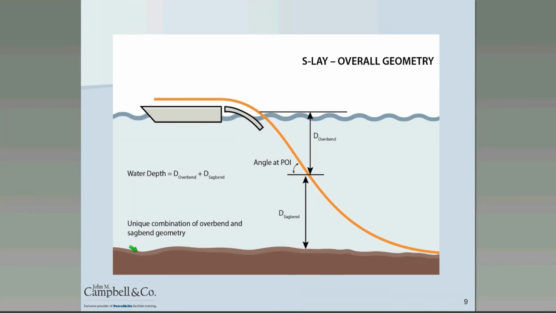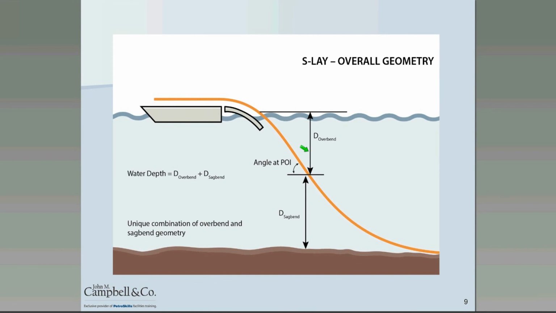Now, at the top, rather than bending over in an overbend, you will continue and actually assemble the pipe in a near vertical condition. Imagine, if you will, the lay barge up high and the assembly area and its stinger being at about a 60 to 70 degree angle. So the pipe is assembled in the vertical for a J-lay as opposed to the horizontal for an S-lay. The pipe does not have an overbend. It just comes in sag bend only, with increasingly steep angles until you get into the 60 to 70 degree angle